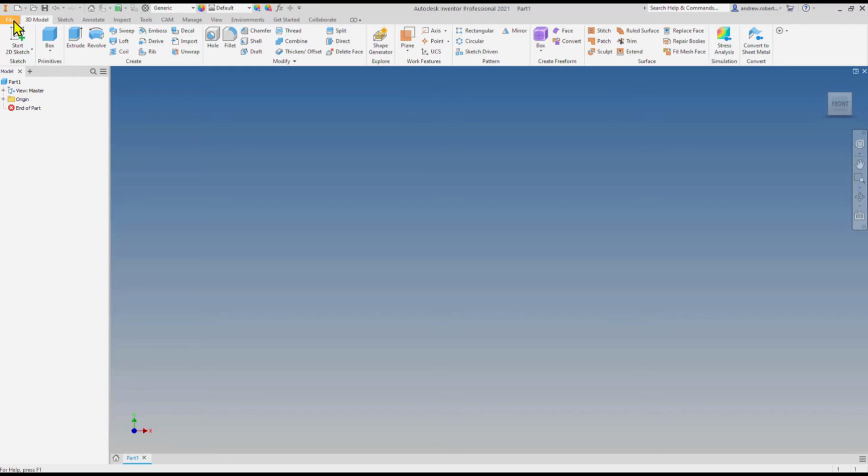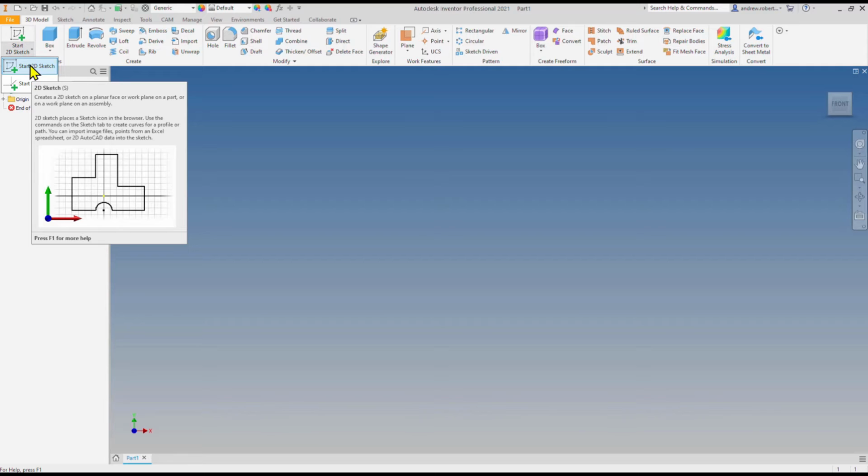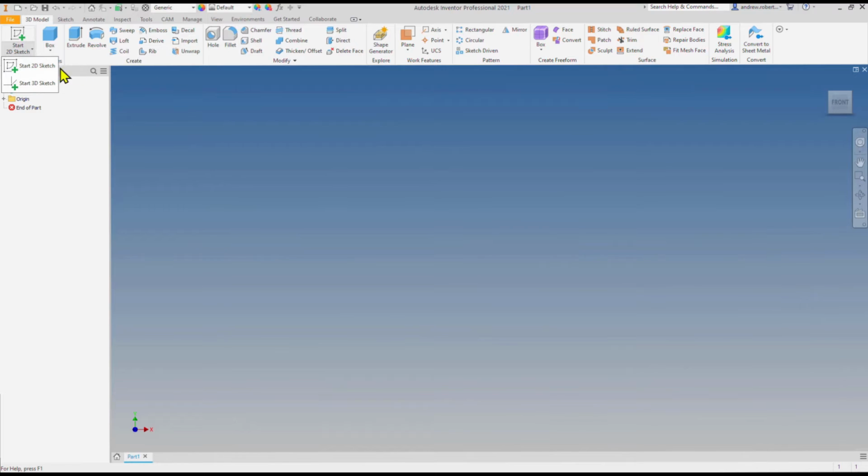So the first part we've got to do is start a sketch. Everything in Inventor revolves around having a sketch and then extruding it. Then the sketch is consumed. So it's critical, got to learn how to sketch. Let's click on here. The first thing you get when you left click on sketch is you can do a 2D sketch and a 3D sketch. Don't be playing around with a 3D sketch. We are wanting to do 2D sketches. I don't really want to be going into 3D sketches, and quite frankly, you could probably spend a lot of time in Inventor not even going there. So here we go guys, left click,